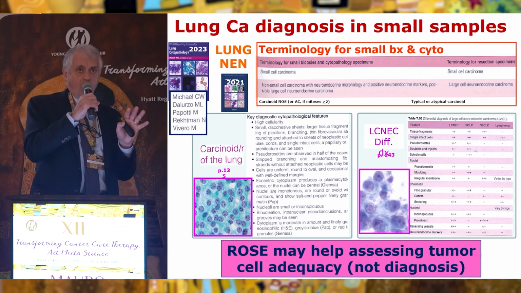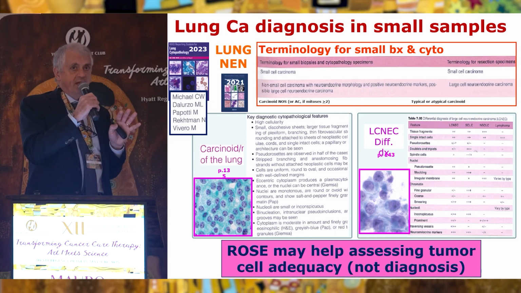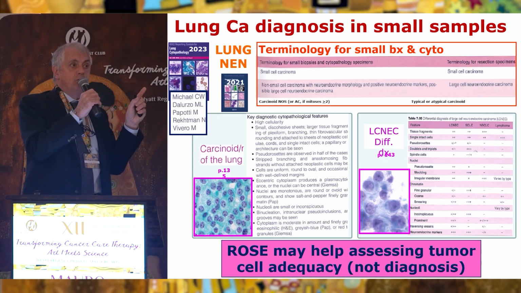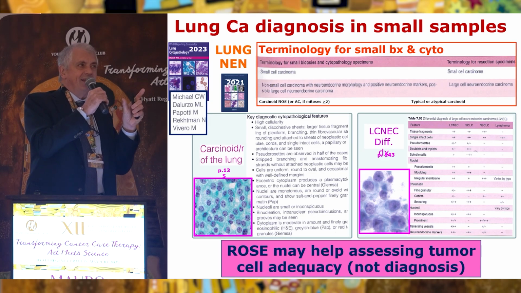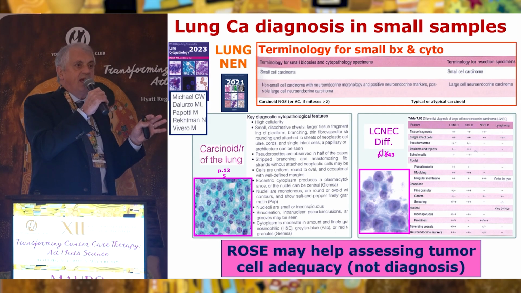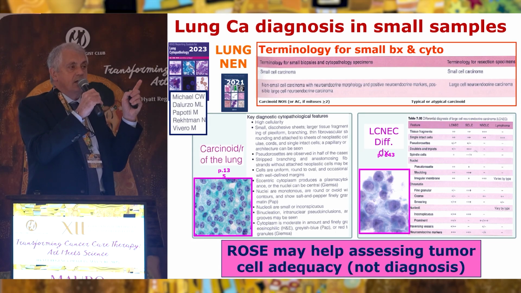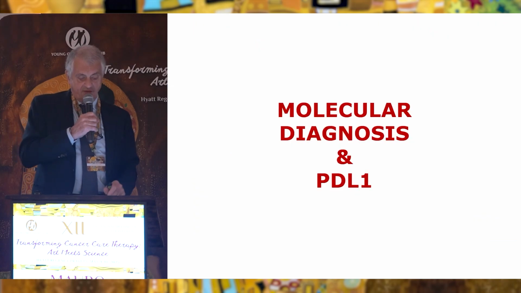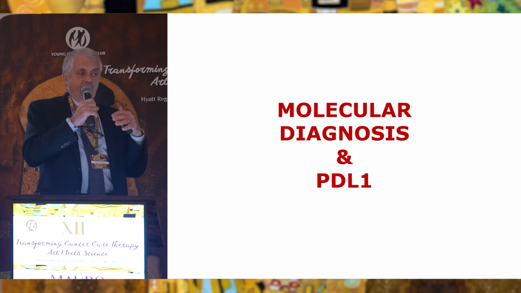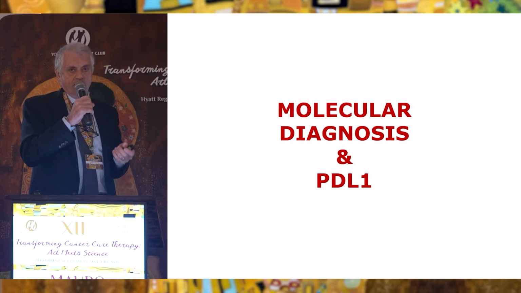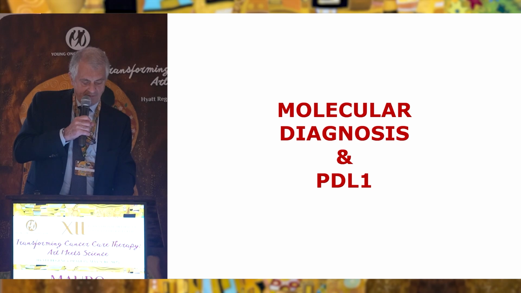In the end, we have to report the small specimen following the WHO classification. As you are informed, a couple of years ago, a new series of WHO blue books was established for cytology diagnosis, not the histology classification, but cytology. And the first book has been the lung, cytopathology of the lung, and therefore there are lists and there are rules for this classification. An additional challenge, I go on fast because I want to point out issues rather than solving issues,